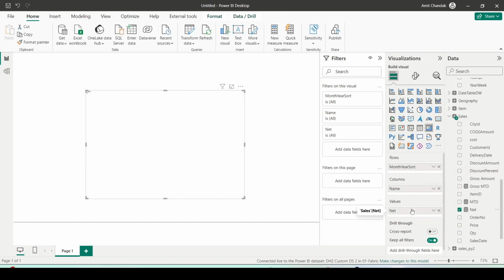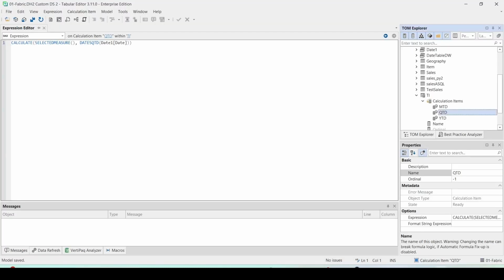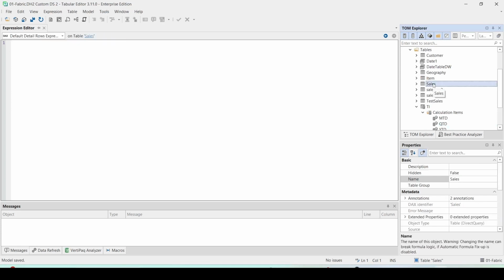Let me bring a measure. Net calculation group requires at least one measure to be part of the visual. If we have more measures, we can use more measures. I'm getting my data of MTD, QTD and YTD. But as you can see, I'm only using one measure. So why don't we go back to our tabular editor, try to create one more measure and refresh it and see what happens. So I'm back on my tabular editor, and in the tabular editor, I plan to create one